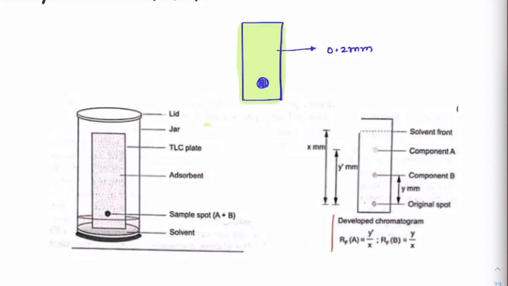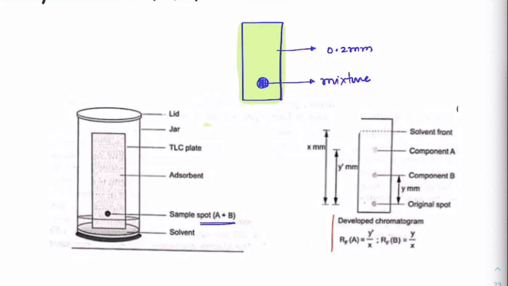Now that sample preferably must have high viscosity, or it should be a solid, so that it does not drop down that easily, and it should stick to the stationary phase. So now this silica gel is the stationary phase, and we took that sample of mixture. This is the mixture which we need to separate. Got it? And we place it on that. This is called the sample spot, which has A and B. Imagine like this.